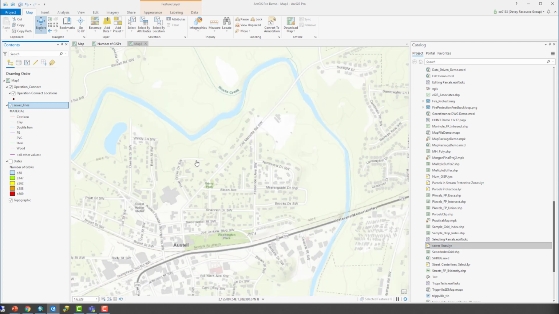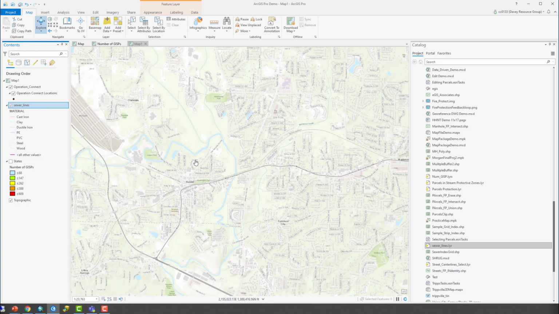Again, now you've seen layer files in action. Hopefully you can see how this will really help you save time, standardize things, make your life easier, right? Whether you're using ArcMap or ArcGIS Pro, it really doesn't matter. So with that,